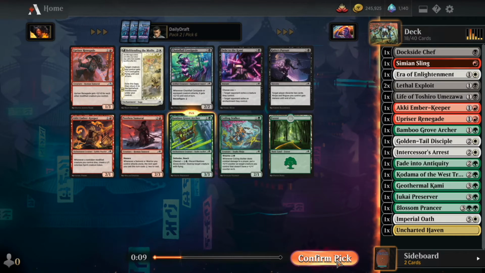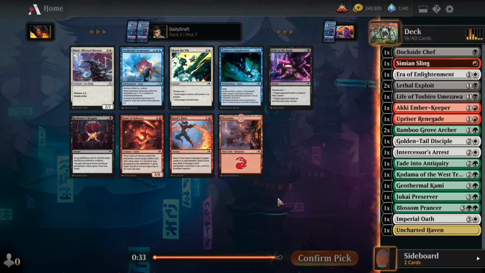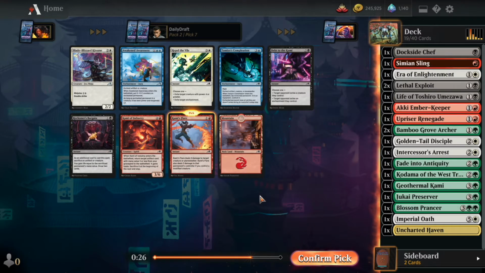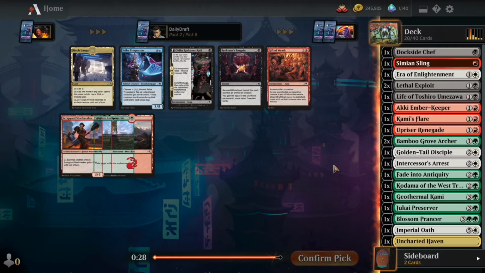So I think I'm just going to take another archer, and I think I'm going to let red kind of pass us by as soon as there's no green, no black, and a Kami's Flare. So of course that happens. We're just going to take the Kami's Flare here. I know we're kind of a pile right now, but